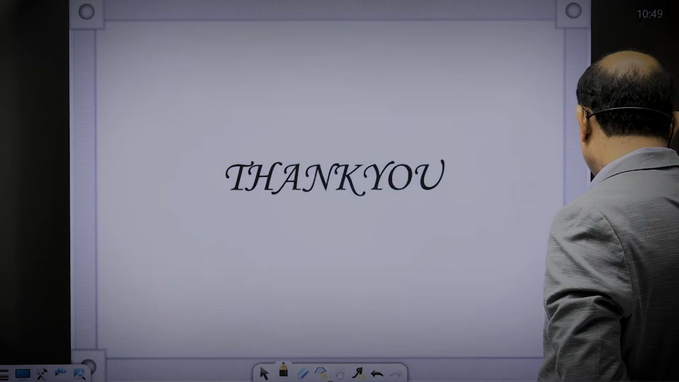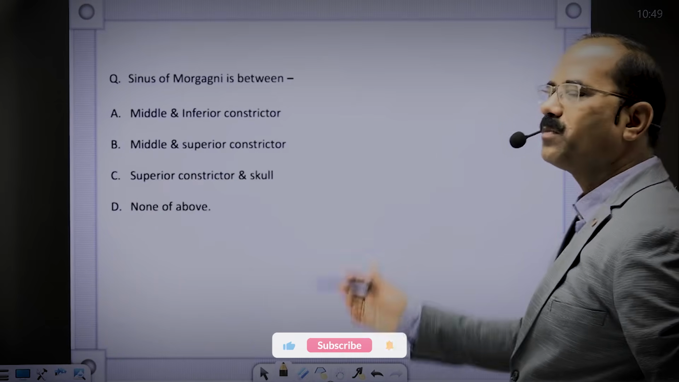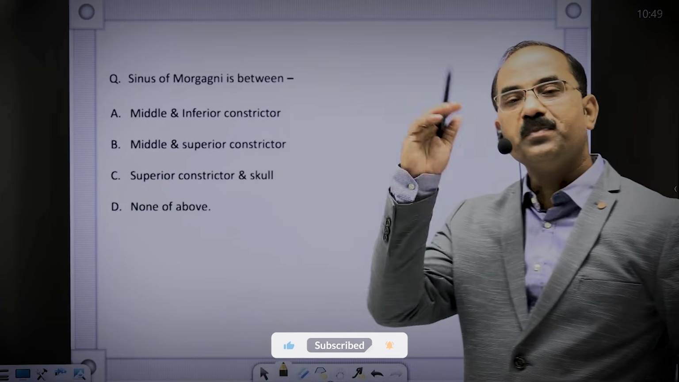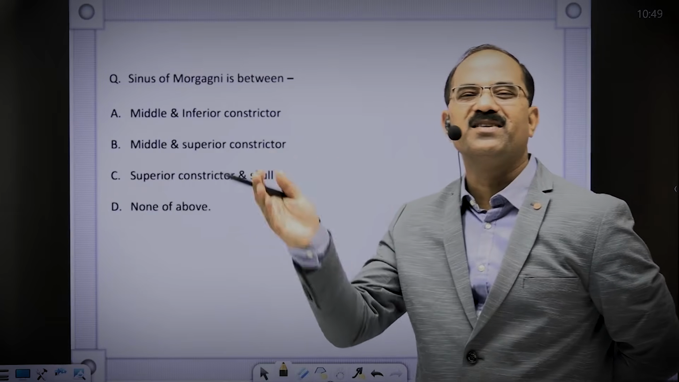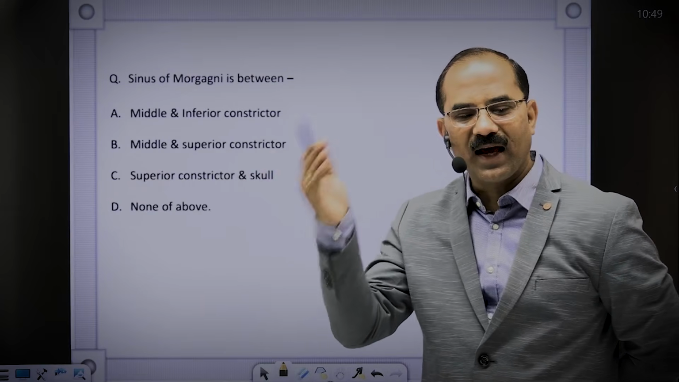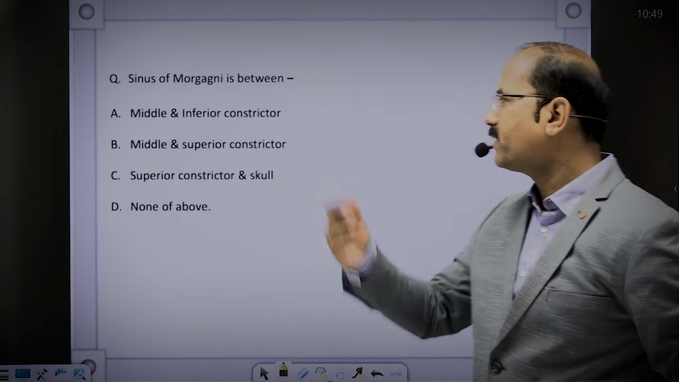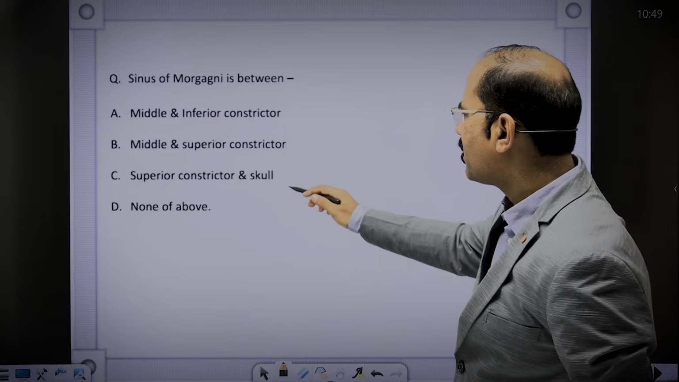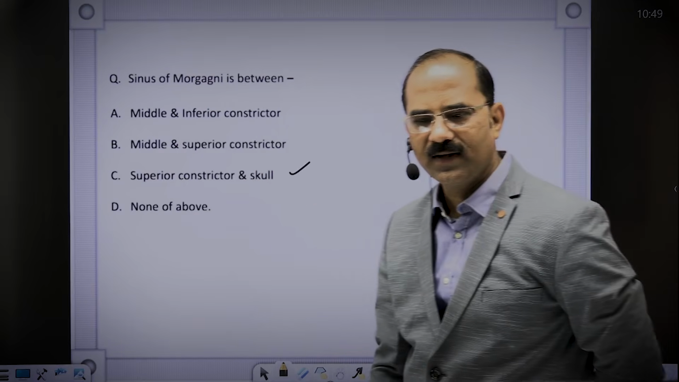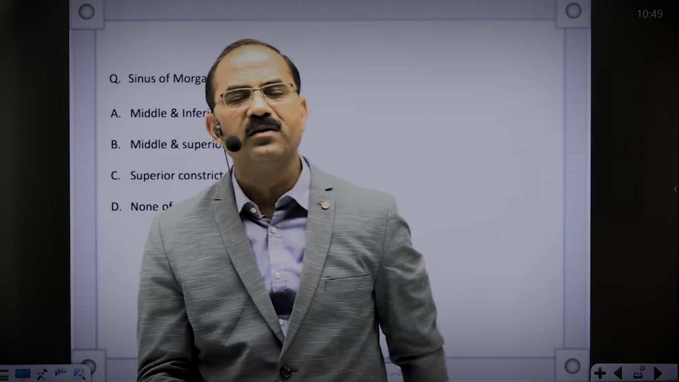Coming to the next one. The sinus of Morgagni is between the base of the skull and the superior constrictor. Between the base of the skull and the superior constrictor is the sinus of Morgagni. Clear? What passes from here? The eustachian tube,